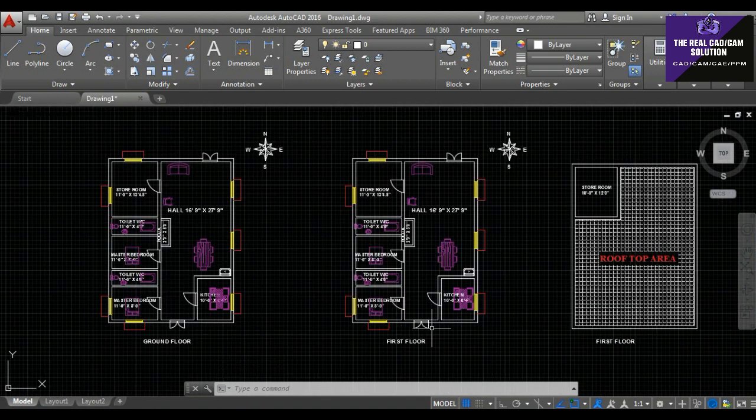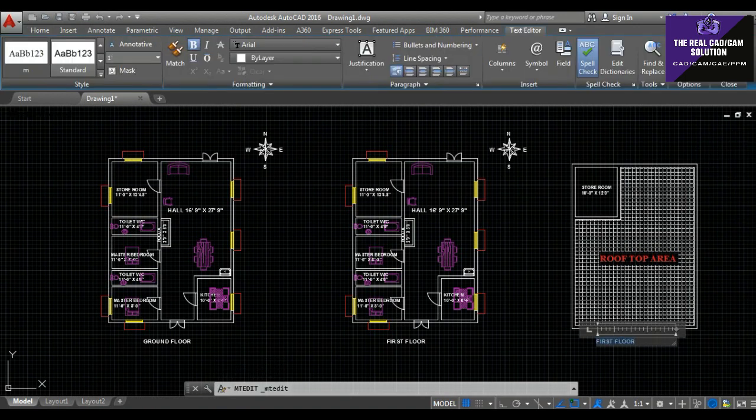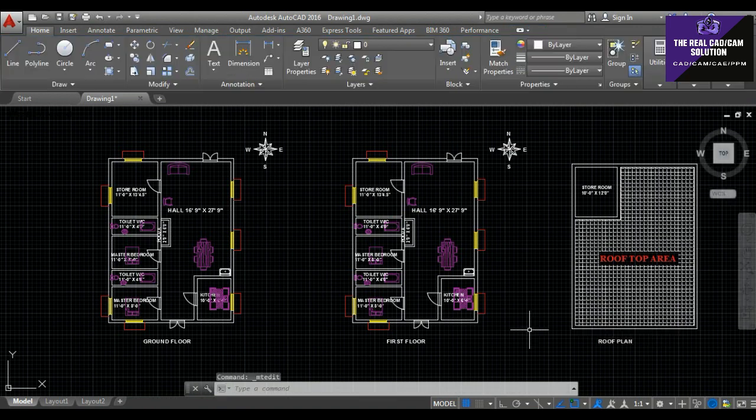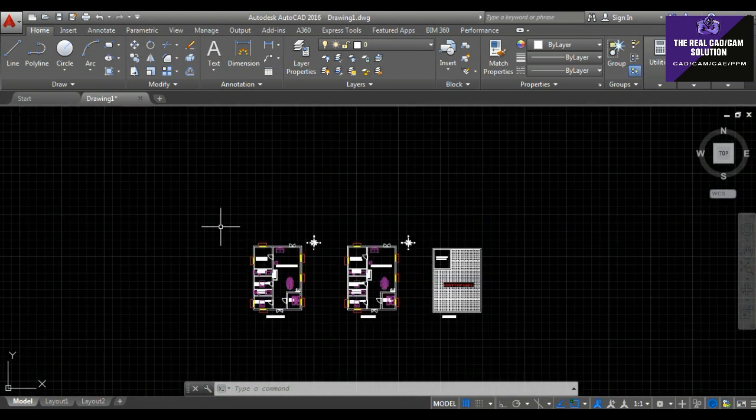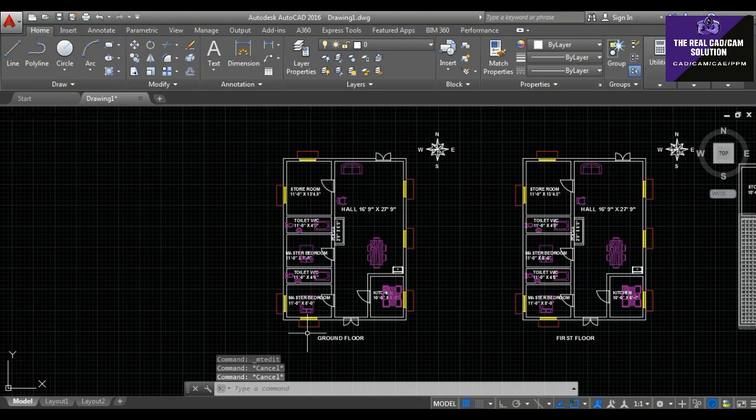Okay, here I finish the 3 plans: ground floor plan, first floor plan, and roof plan. I want to change the name, roof plan. Okay, it's really impressive. I'm going to create an elevation. Okay, first of all, choose an elevation on my 3 sections. First of all, you choose the construction line. That is the elevation starting one.